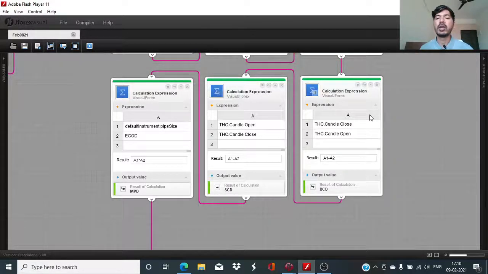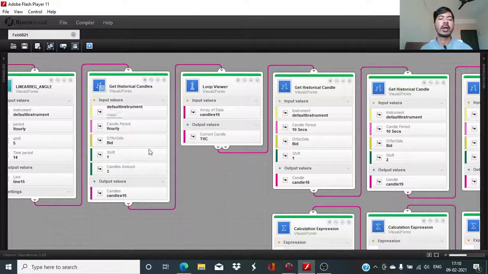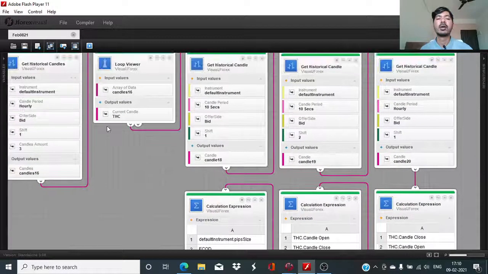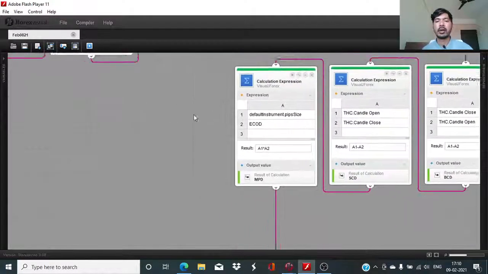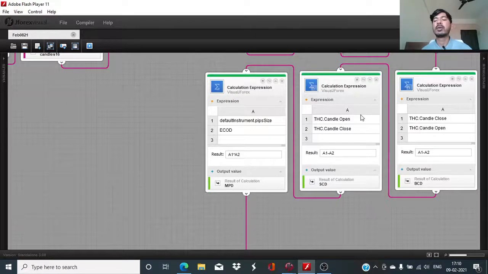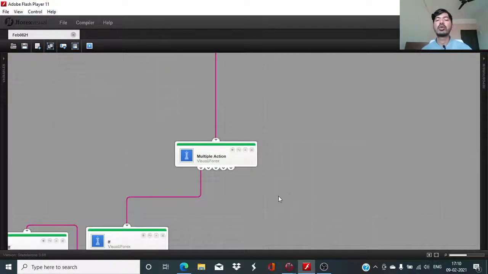These conditions have been defined where we will be looking at the difference between the closing and the opening value of the last three candles, which we have defined using the get historical candles cluster, candle 16s, and the output values for these have been defined as THC, and the minimum difference has been set at 12 pips. That means the difference between the open and close price should be more than 12 pips for the execution of the order. Then moving on to the buy side,